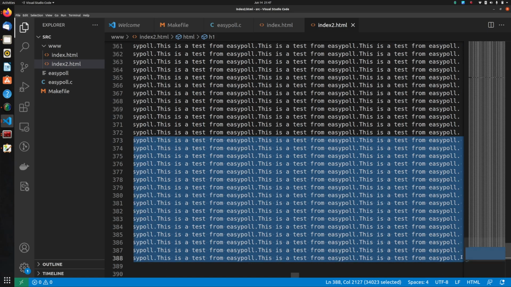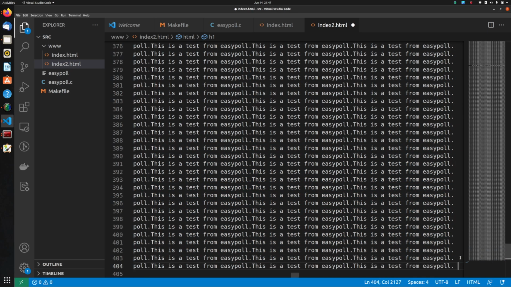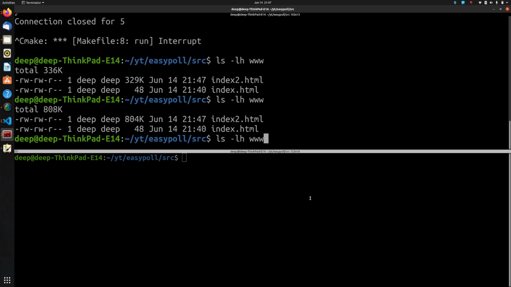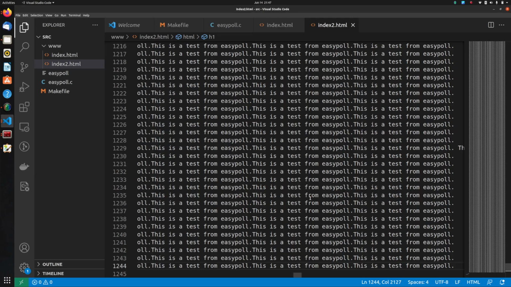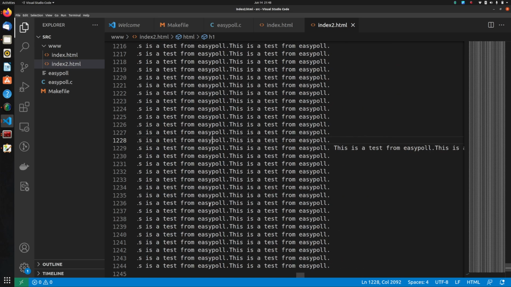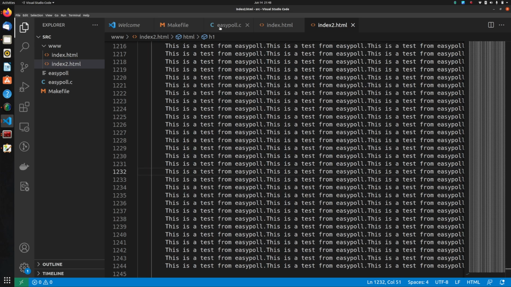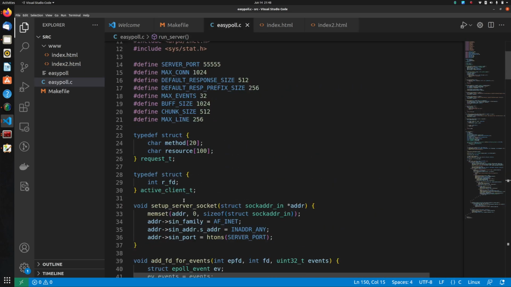Let's just do a big chunk. Okay, now it's 2.7 MB. Pretty decent, right? That's decently big, right? And our chunk size is 512 bytes, so it would be creating quite a few chunks to